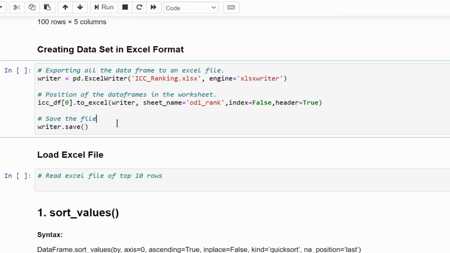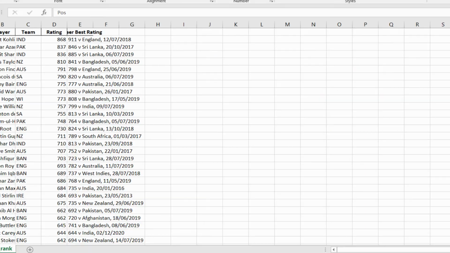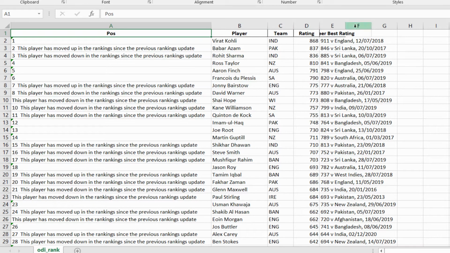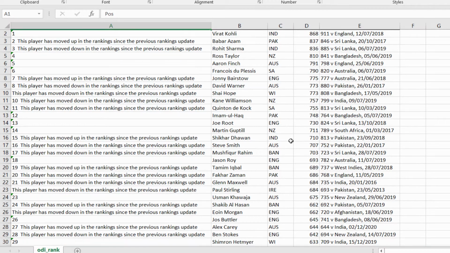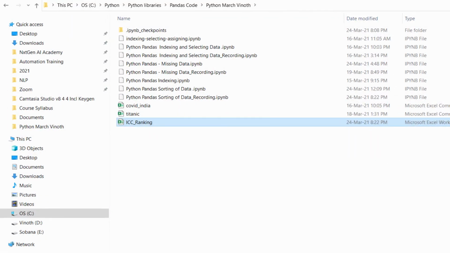So let's execute this code. File is generated. Whatever data frame we have seen is exported as an Excel file. Now we can use this Excel file for sorting the data. So this is how you have to generate the data.